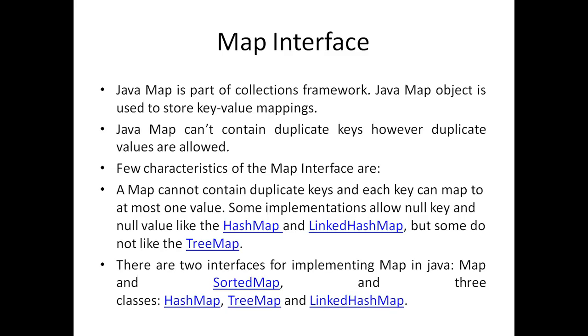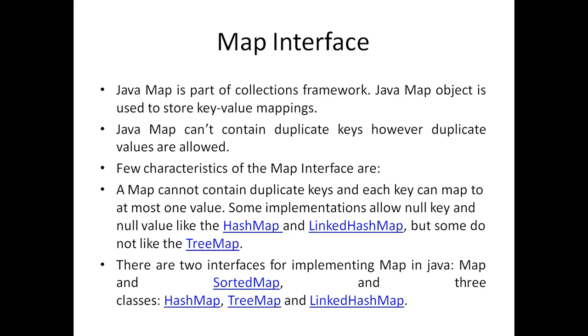Okay. So a Java Map object is used to store key-value mapping. So till now, whatever we have discussed, we have added the value based on the method syntax. It has been added and we have seen the output. But here we are going to use key-value mapping. What does key-value mapping mean? Already I told you, we discussed about hash table. So in a hash table, two things are there. One is key, one is value.